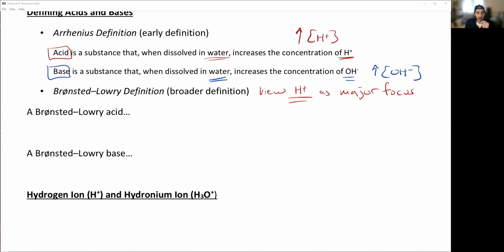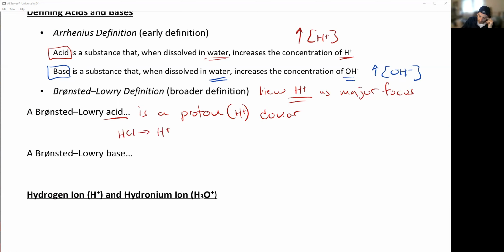The Bronsted-Lowry acid is defined as any substance that is a proton donor, and H+ is just a proton because it's missing its electron. So anything that donates a proton or gives up a proton is going to be considered a Bronsted-Lowry acid. As an example, if I had something like hydrochloric acid,